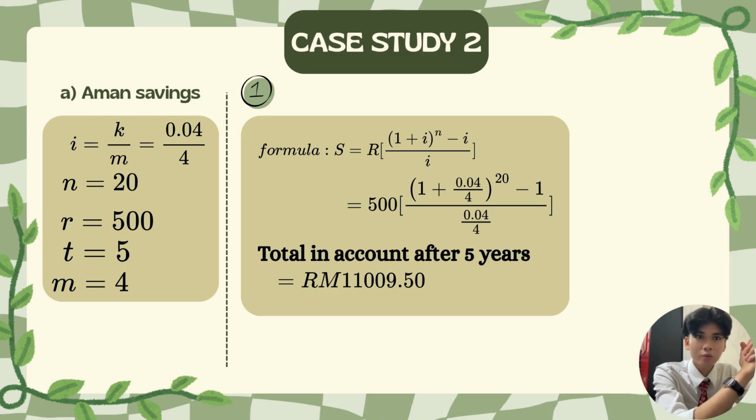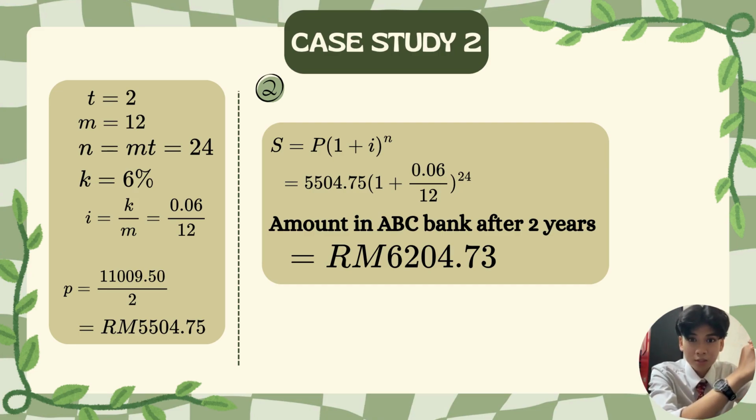To find the future value, we will use the formula S equals R open square bracket open bracket 1 plus i close bracket exponent n minus 1 divided by i close square bracket. After identifying the formula, we replace the information we've classified into the formula. Then we just proceed with our calculation. The total is going to be RM 11,009.50. For the second step, we are going to use the total yearly in our second calculation to get the final answer. The final answer is going to be RM